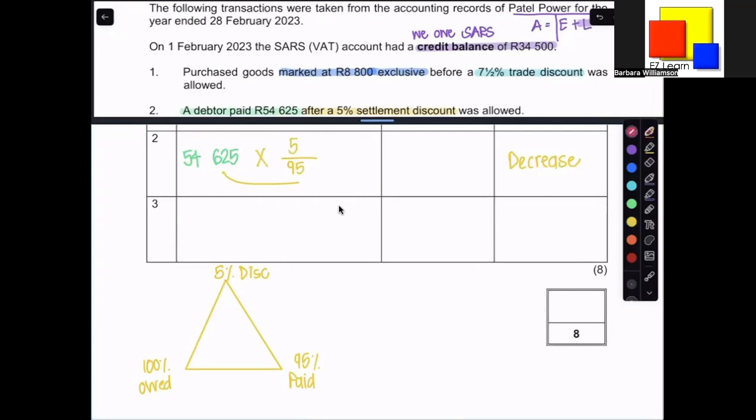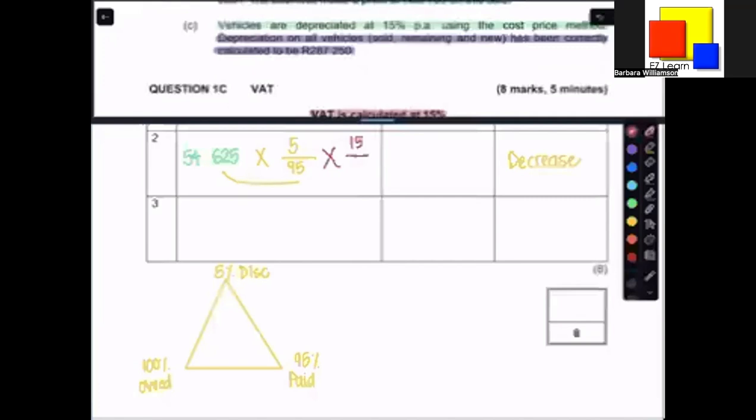We then also need to look at the VAT of this because all that we've worked out now is the discount. So to get the VAT, obviously we're looking for VAT, so we'll put 15 at the top. And we'll this time say over the inclusive amount of 115, if we have a look at our triangle over there, because the amount that is owed by the debtor is inclusive. It includes the VAT on that transaction. So we'll say over 115. And that will give us an answer of